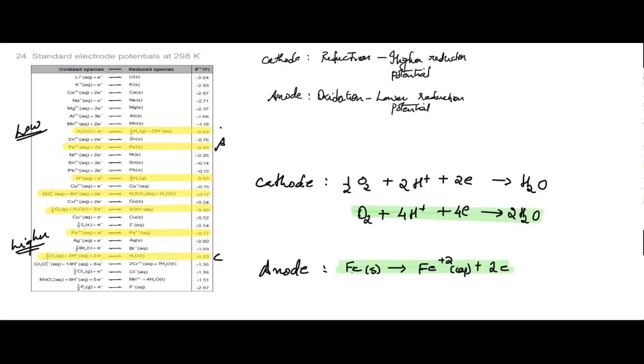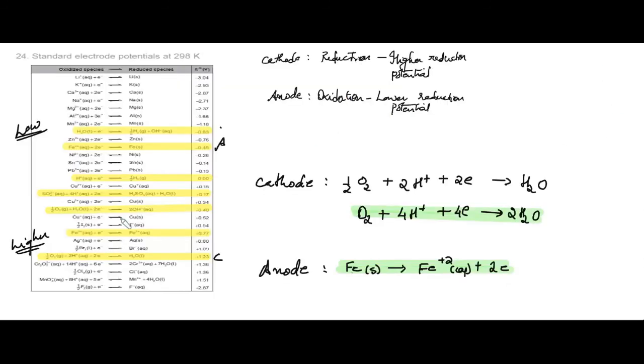Now let's see the marking scheme. You may pause the video and have a look. So many options are provided. You can choose any one. The only point you have to note is that for the cathode half reaction, select one with a higher reduction potential value, and for the anode half, select one with a lower reduction potential value and flip it over. Again, remember, the anode half has to be flipped over because at the anode, it is not reduction but oxidation, loss of electrons, that is happening.